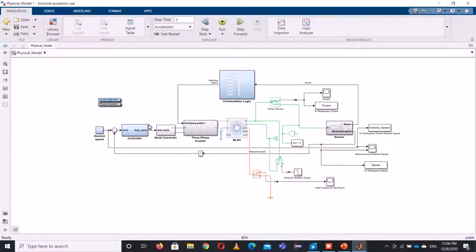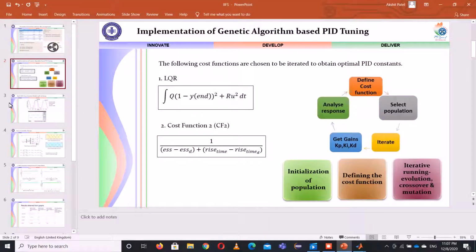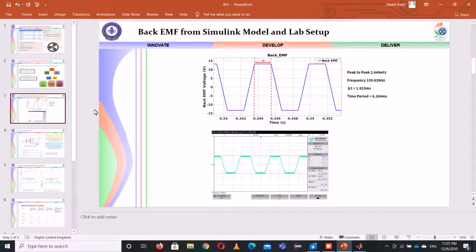This is the physical model which provides a better estimate of the real world situation, as it also has different components like buck converter, commutation logic, 3-phase inverter which are present in any BLDC motor used in real world applications. So as to confirm the similarities between simulation and actual motor, we found out the back EMF profile from both the motors and compared them. The obtained EMF profile had an exact match which confirmed that this model can be used to design the closed loop control of the motor.